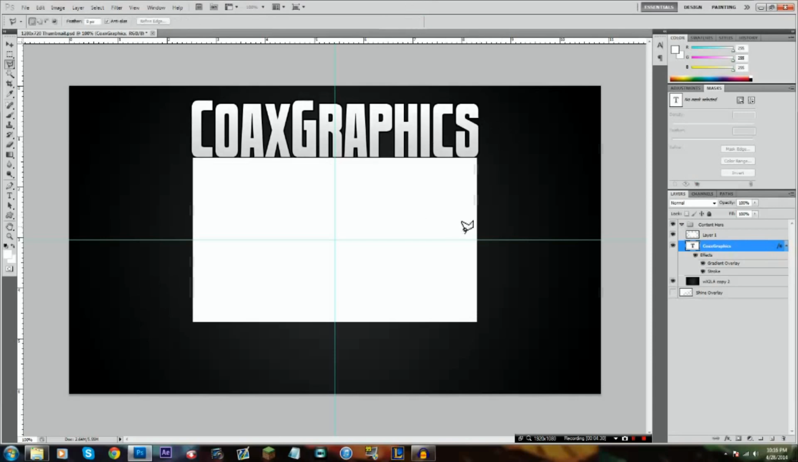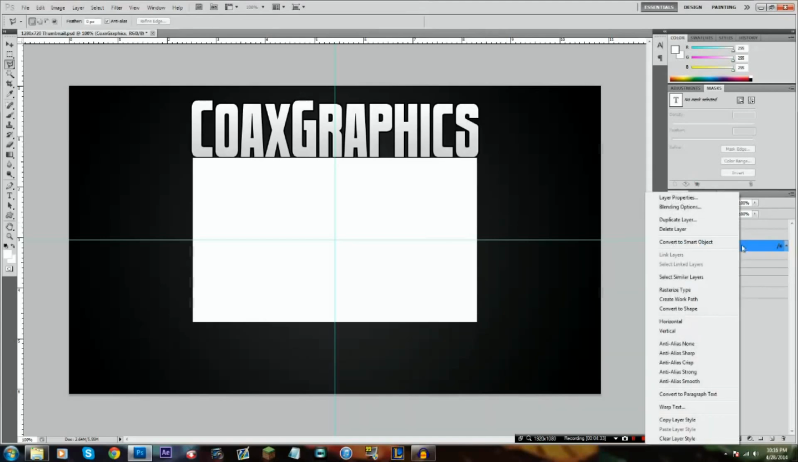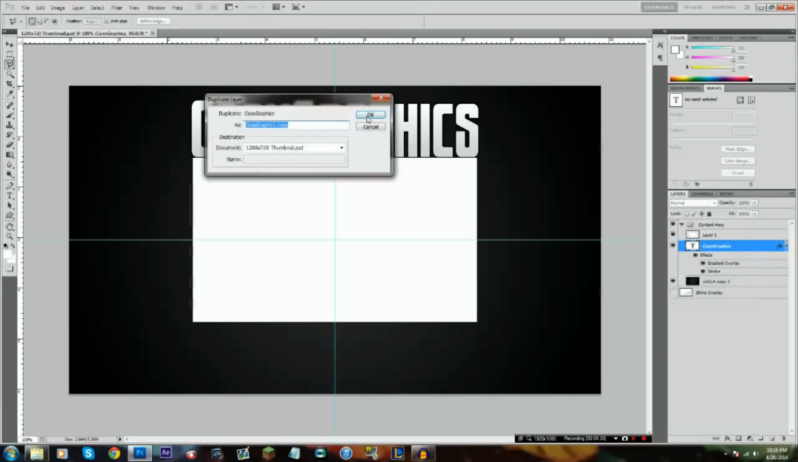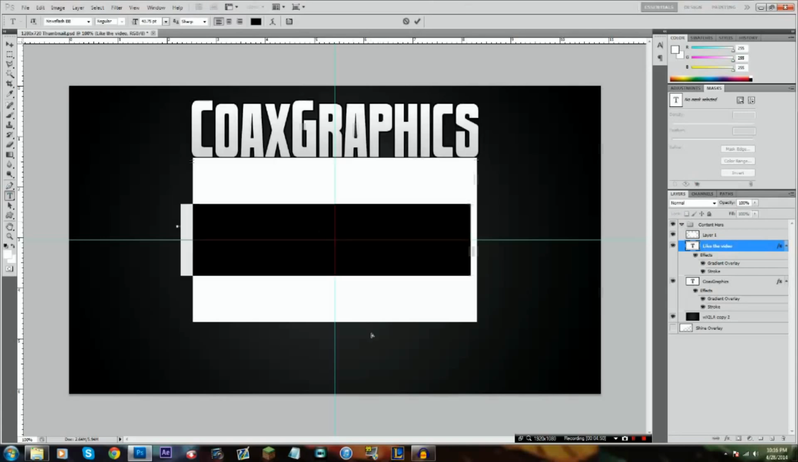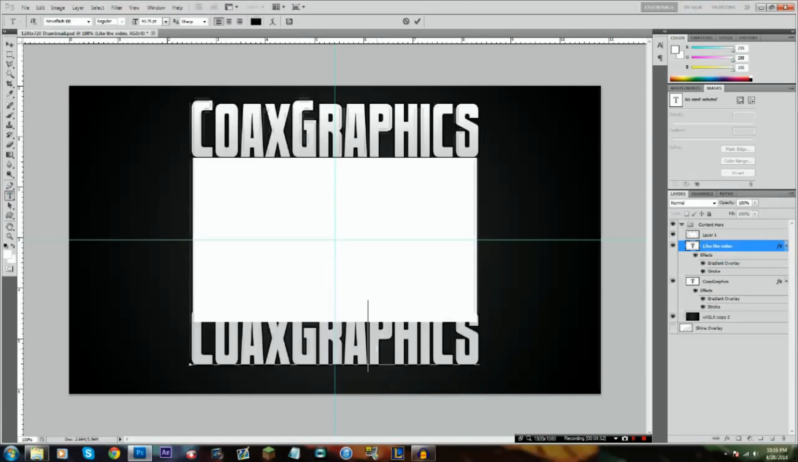nice how that is. And now I'm just gonna right click on the text, click duplicate layer. I'm just gonna click OK. I'm gonna rename that like the video. And then I'm gonna click on the text tool again. Double click. That'll be that layer. I'm gonna click